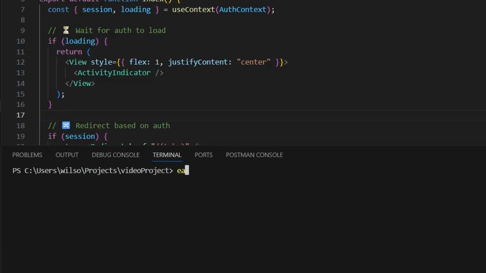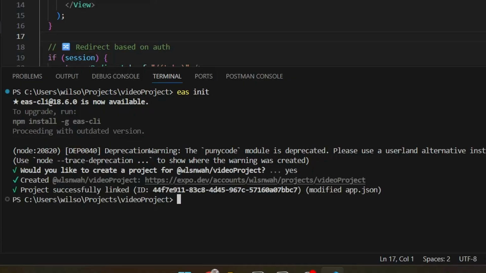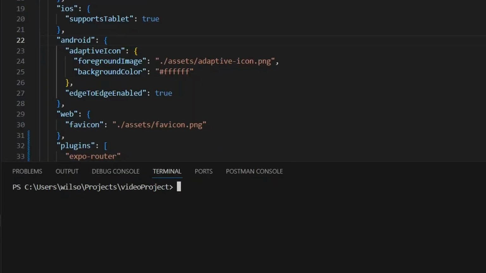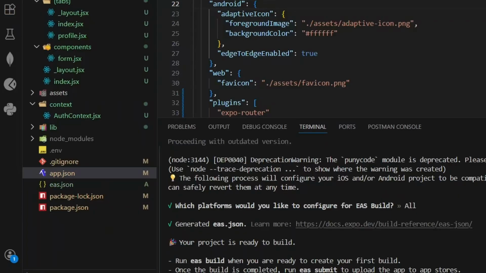First thing that you have to do is eas init to initialize the project to EAS, and then you create a project, yes y, and the project is successfully linked. So next command is eas build:configure. If you want the build to be Android only, you can click on Android, or iOS only, you can click on iOS. If you want the app to be both, you can do all, and then this will